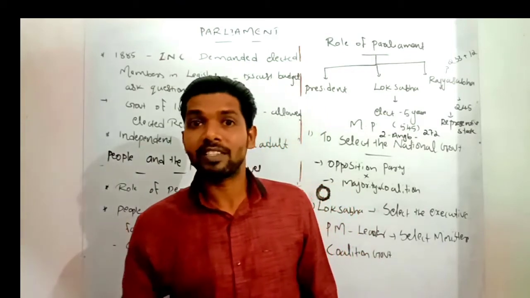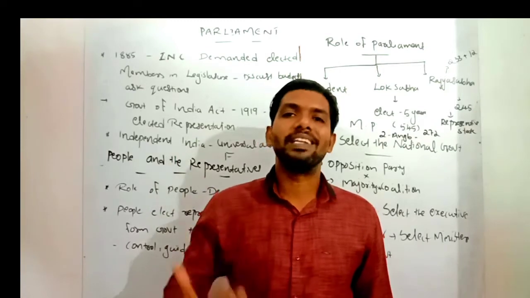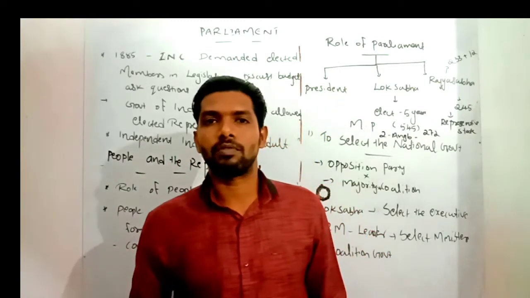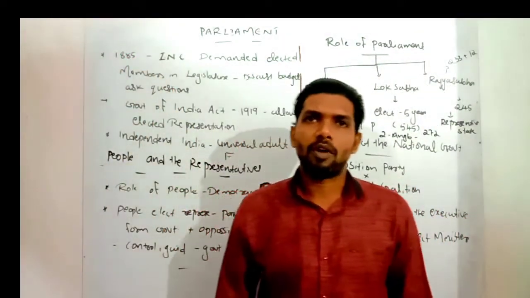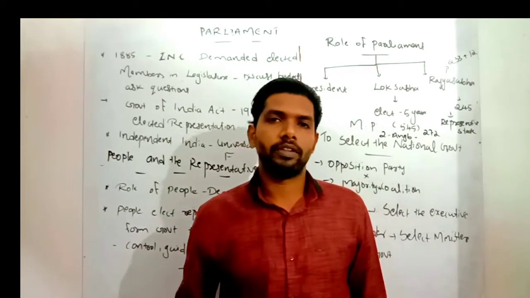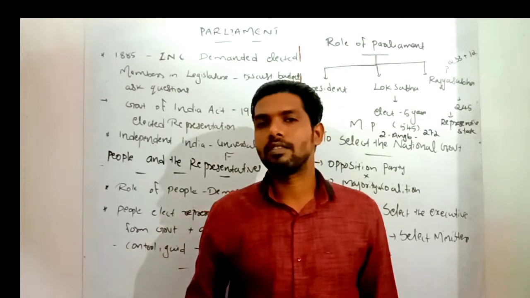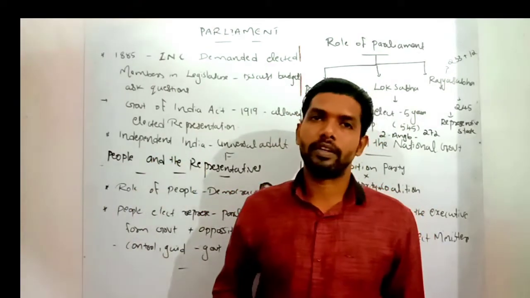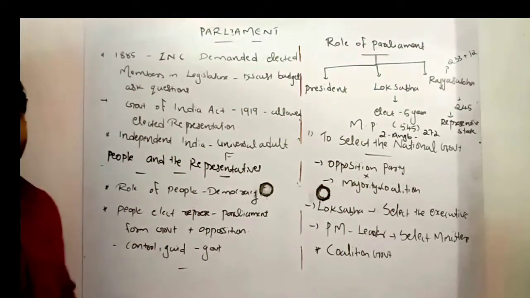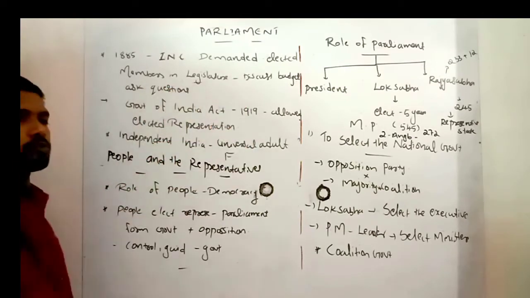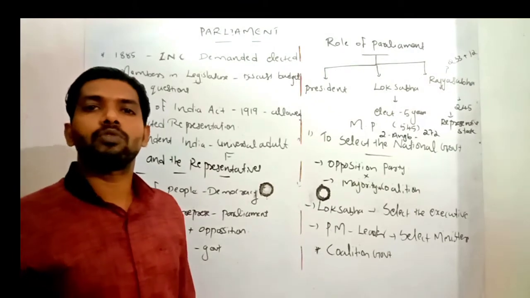So we should know the importance of representation, the importance of the budget, and of the opinion that we express through discussion. In the year 1885, one of the most important and powerful political organizations was formed in India, the Indian National Congress. After its formation, there was criticism of the British rule in India. The Indian National Congress demanded elected members in the legislature, discussion of the budget, and the right to ask questions about that budget and British rule in India.